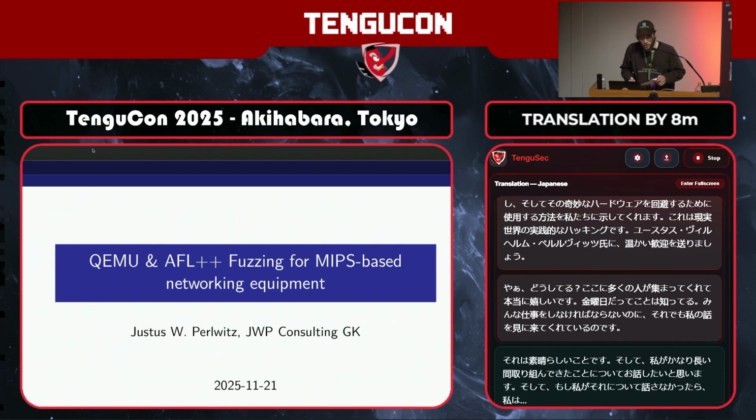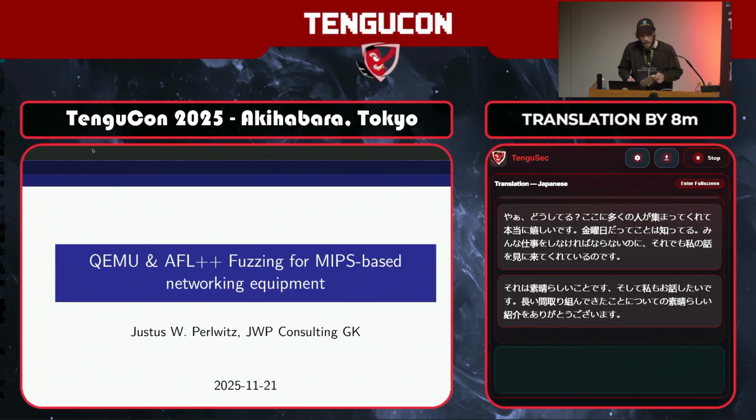もちろん日本語でも何か質問があったらたくさん聞いてください。So, we're going to talk about what you can do with QEMU and AFL++